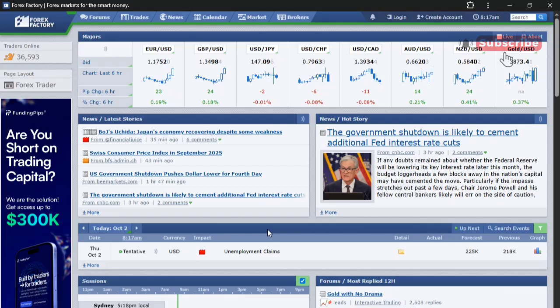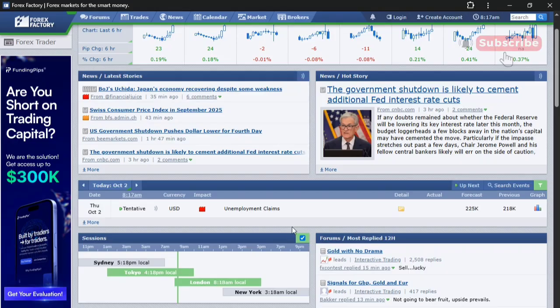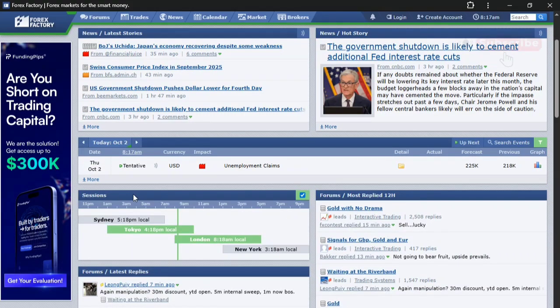We have major high impact news like the CPI, unemployment, non-farm payroll, and so on, and know the time at which these news are being released. So it will help you to either stay out of the market, and if you're trading it, then you